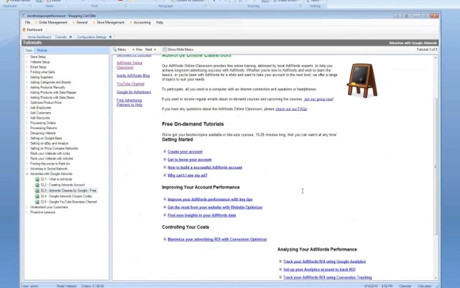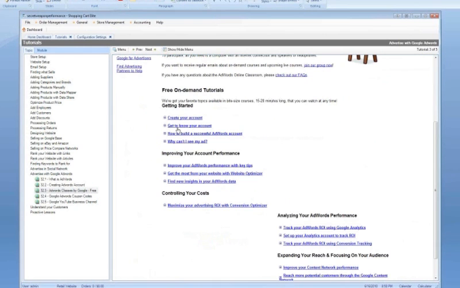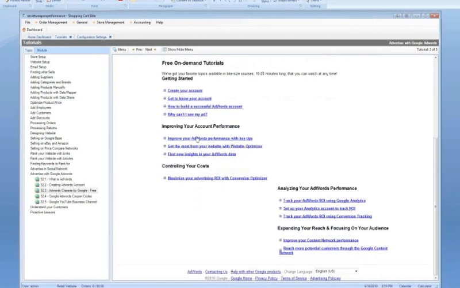Now, don't start AdWords until you watch these, because these are pretty important. It tells you everything about your account, how to build a successful AdWords account, why can't you see your ad, how to improve your AdWords. This one is optional, find new insights. Basically, it tells you everything about AdWords. It's a huge system. It looks really small from the side, but it's so huge, and it's pretty complicated to set up. But once you do it, it's pretty rewarding, because if you set it up once and you set it up right, it's going to keep bringing you traffic, keep converting that traffic. You're going to get paid for it, and then you're going to make your profits. You're going to see exactly how much you're making. So it's worth it to set it up, but